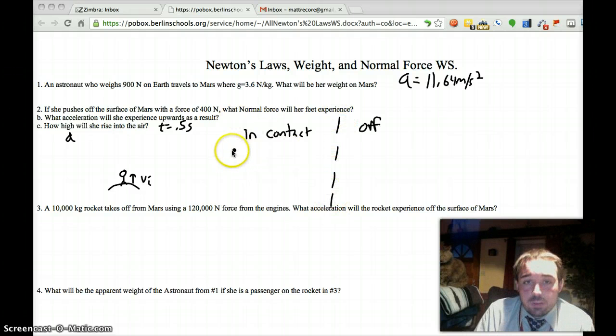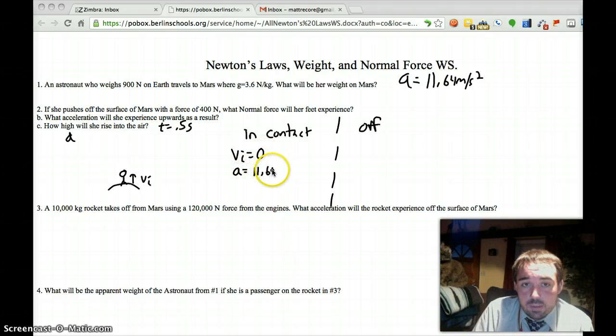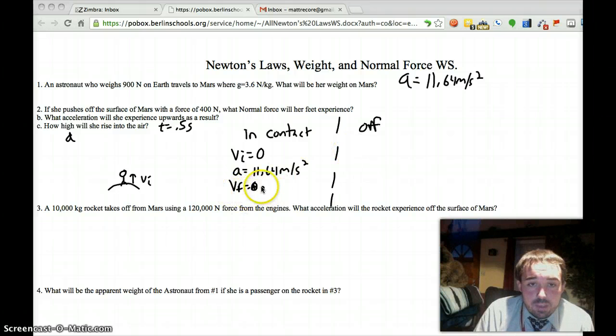So, in contact with the ground, she's starting at 0. She has an acceleration, what we just found, of 11.64 meters per second squared. We want to figure out what speed she leaves the ground with. Sorry, not 0. We want to find the speed at which she leaves the ground, and that speed, that VF,